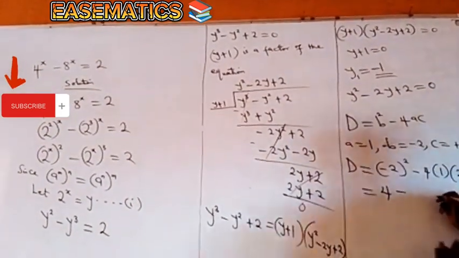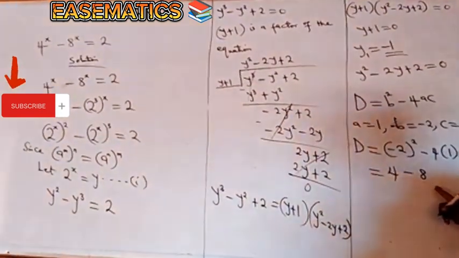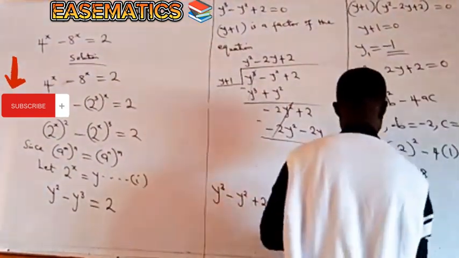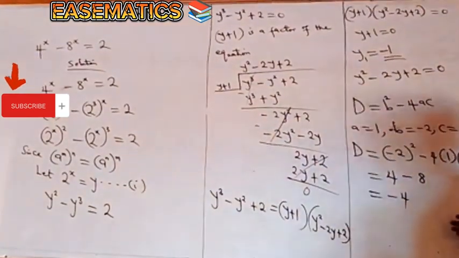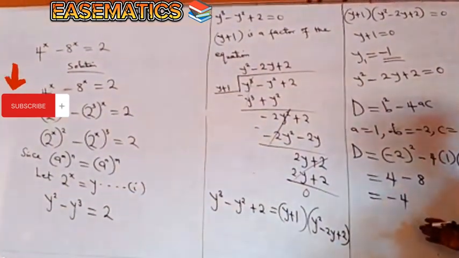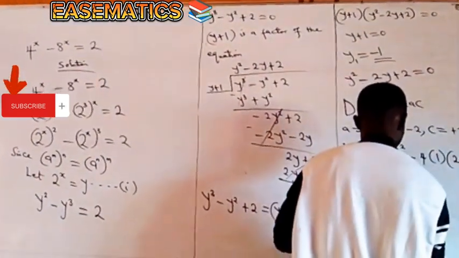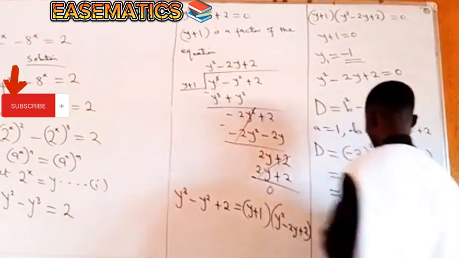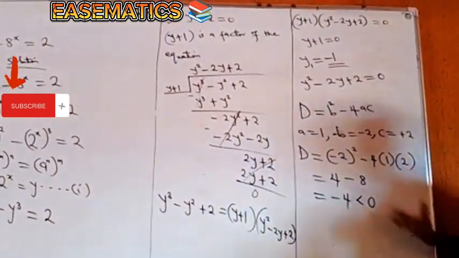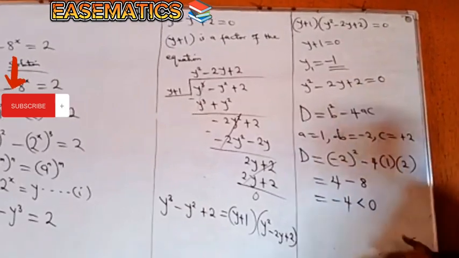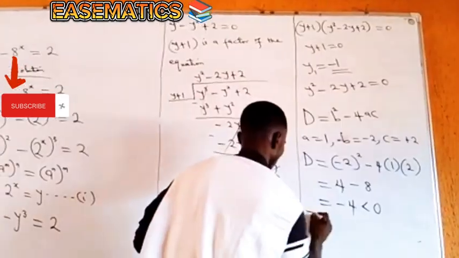4 times 2 is 8. This will be 4 minus 8, and 4 minus 8 gives us minus 4. Looking at this, minus 4 is less than 0. And since minus 4 is less than 0, what do we say about this quadratic equation? We say that